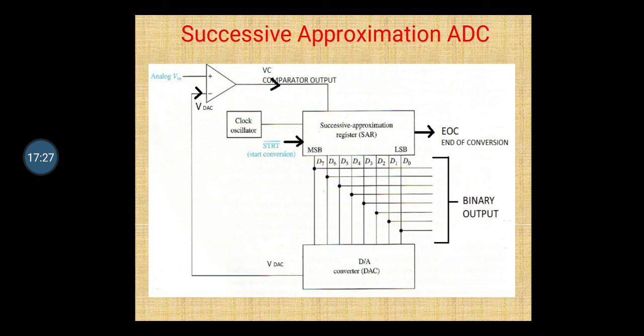Now that digital signal is given to the digital to analog converter, that will convert it into an analog voltage, and that will be your VDAC. Again the comparator will compare the analog voltage and VDAC, and it will give the output. For example, during this time, if the output voltage is a negative voltage, then it will take it as 0 volts. So logic 0 will be present, and the successive approximation register detects logic 0 now, because a negative voltage is there.